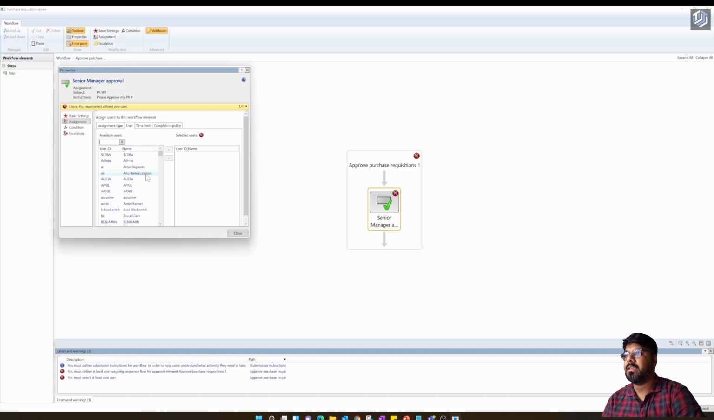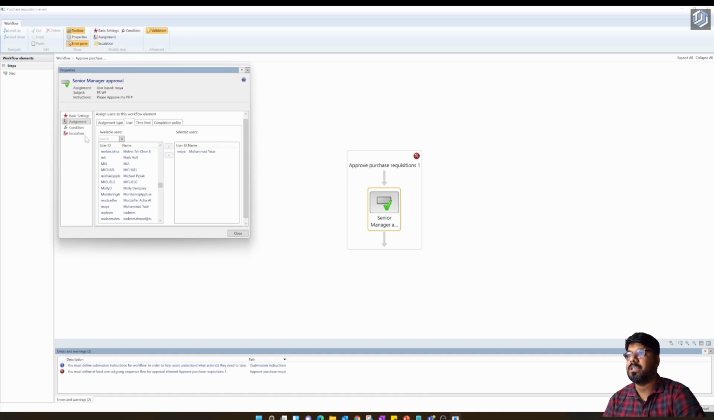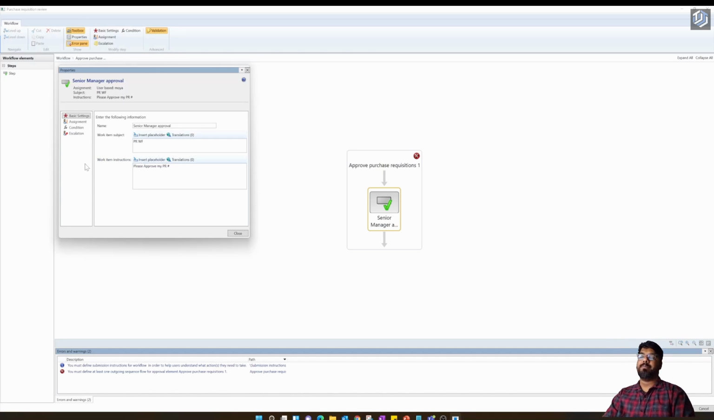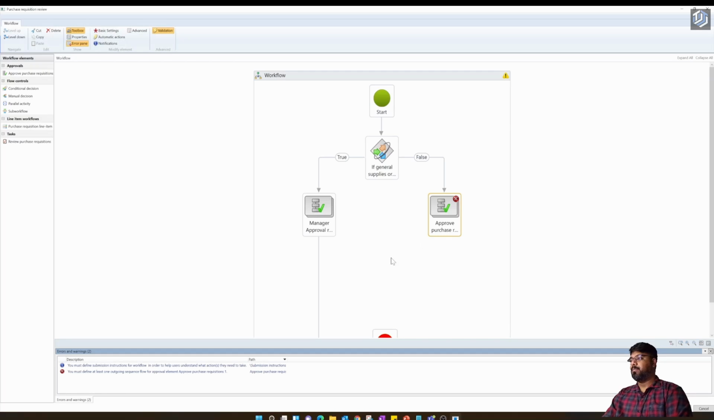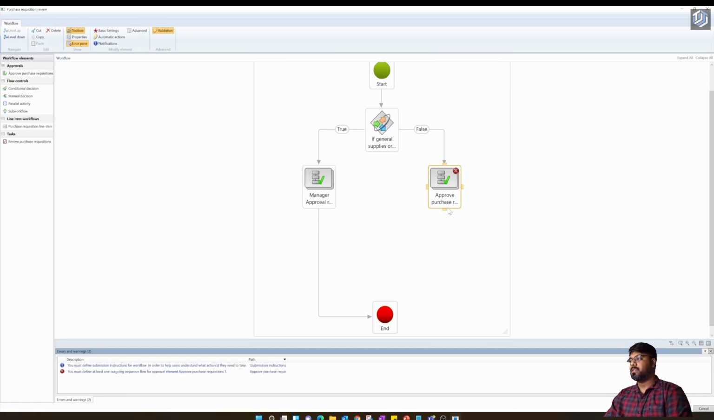And still, this needs to be assigned to a senior manager, but I do not have access to any other user, or I cannot log in as a senior manager. So for the time being, I'm assigning it to myself. There's no condition required for this node because the condition is already available in a separate condition node that's been selected. So that's done, and just go one level up and make sure that it is connecting